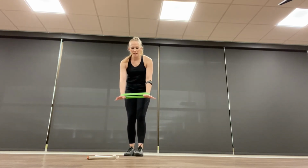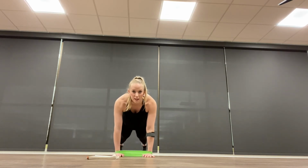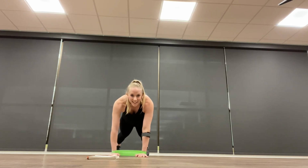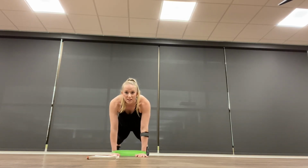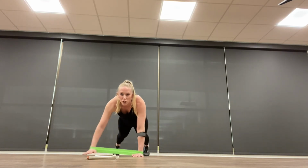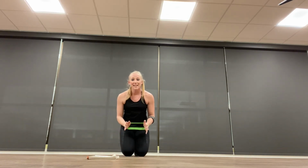You're going to drop down into that plank, and from this plank position, you're going to tap your hands out and in. Your goal here with this is to not let your hips twist, okay? Keep your core super tight. We're getting some good shoulder work here too, okay? So try to do 10 each hand if you can. If not, do 10 total,